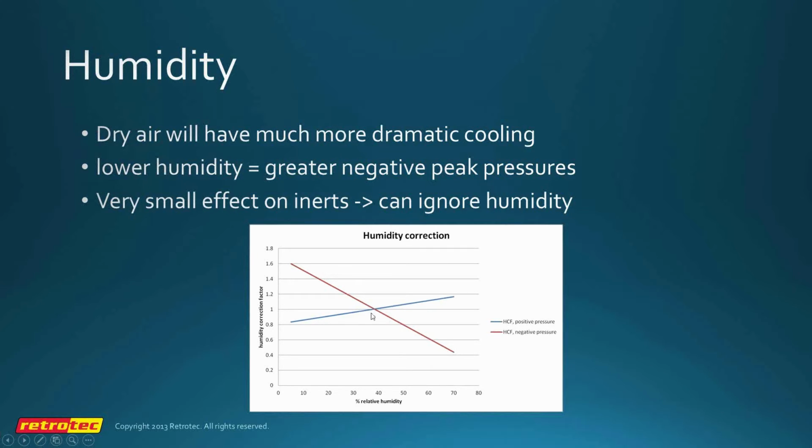The effect on positive peak pressure is relatively minor by comparison. There, as the humidity goes up, then the peak pressure goes up a little bit, so it goes in the opposite direction. But it could just be by virtue of the fact that when the enclosure is driven very far negative, it requires a lot more agent to drive it positive. So the negative spike always occurs first and the positive spike occurs afterwards. So the size of the negative spike actually affects the size of the positive pressure spike, which is actually caused